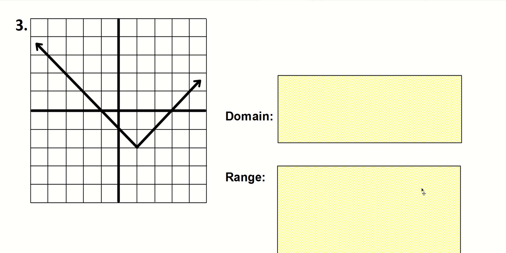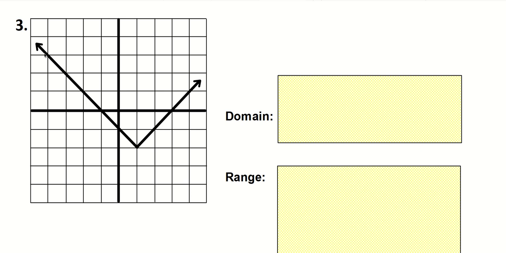Here's this example. Okay, a little bit of a plot twist. First of all, the domain. Domain is all the x's, like how far left and right does the graph cover? Is there a smallest x-coordinate, that is the farthest left, or does this graph go to the left forever? Does it go only so far to the right, and it'll have a largest x-coordinate, or does it go to the right forever? Well,